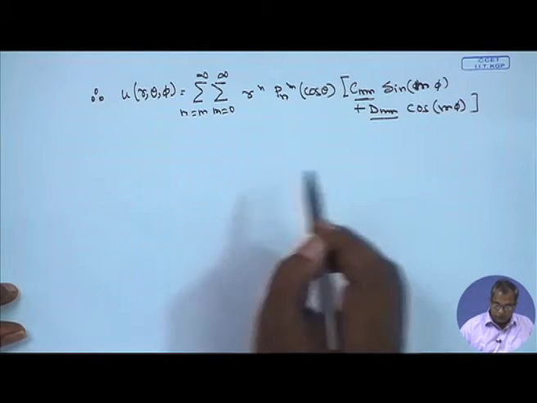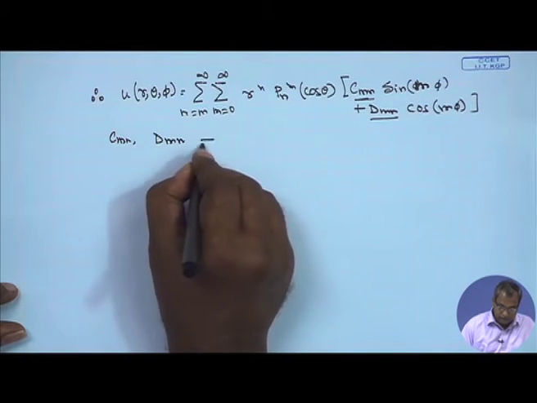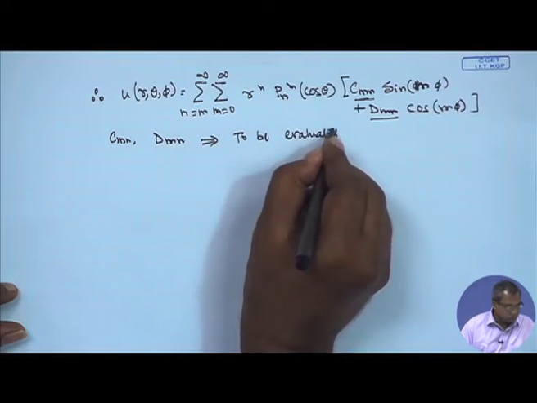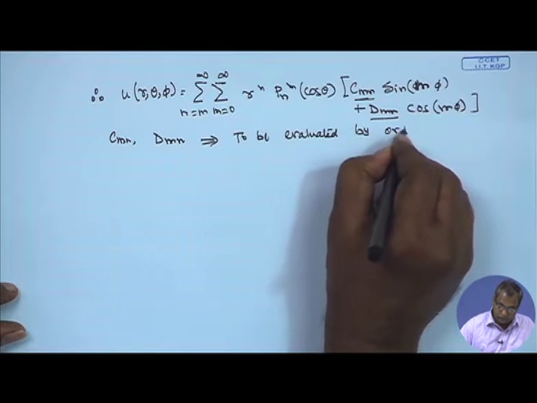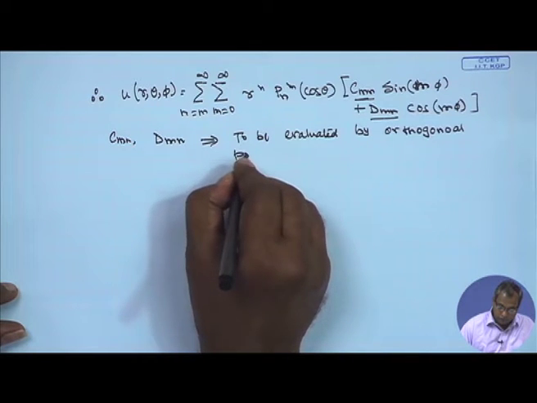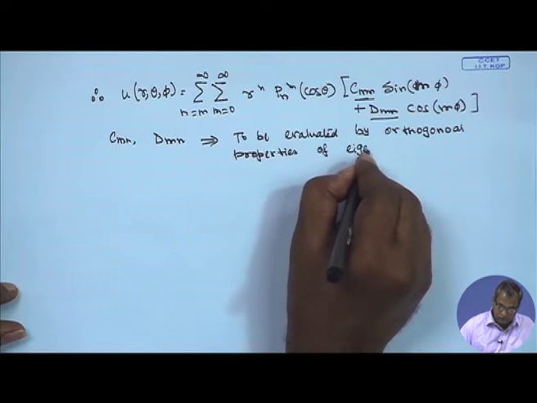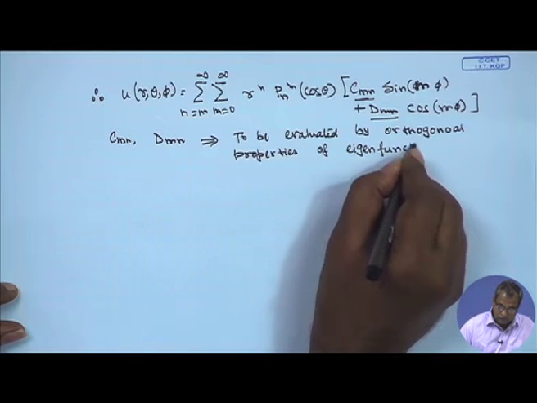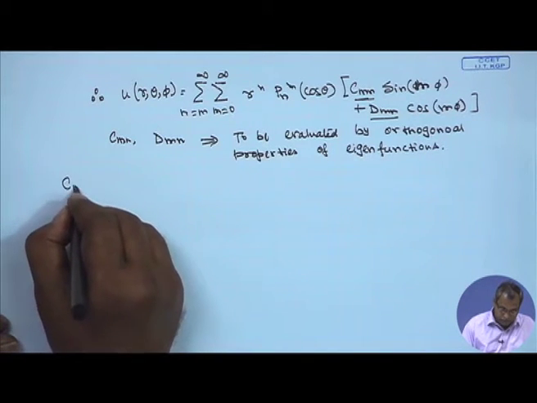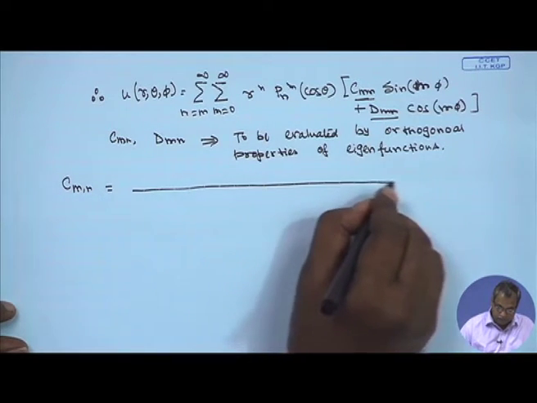Now, these two constants will be evaluated by exploiting the orthogonal properties of the eigenfunctions. We have done this exercise several number of times, so I am just writing the final solution. These will be nothing but